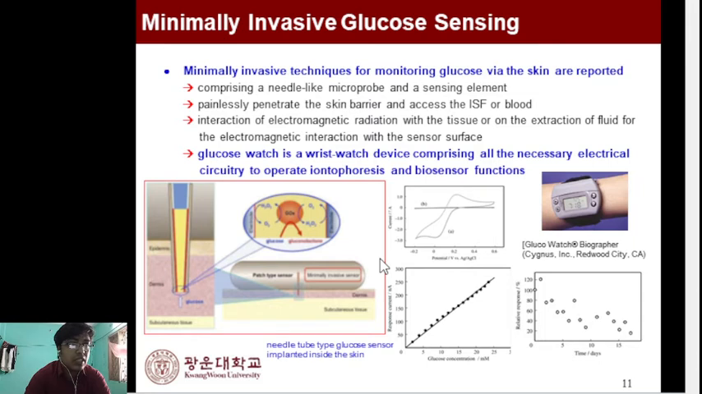These types of sensors comprise a microneedle and a sensing element. They painlessly penetrate the skin barrier and access the interstitial fluid or blood, and interact with electromagnetic radiation. All human bodies radiate electromagnetic radiation. So from this electromagnetic radiation, through interaction of the tissue and the fluid,